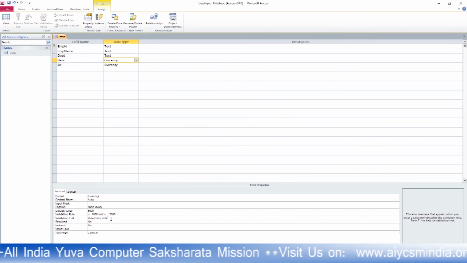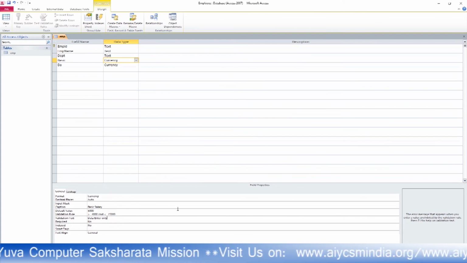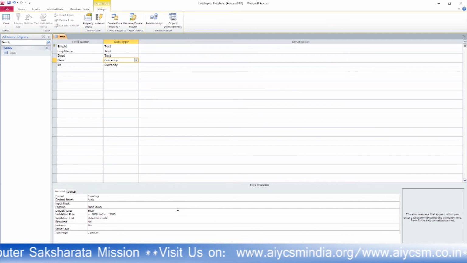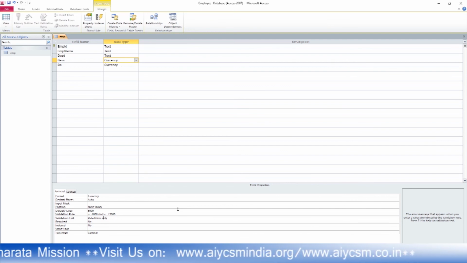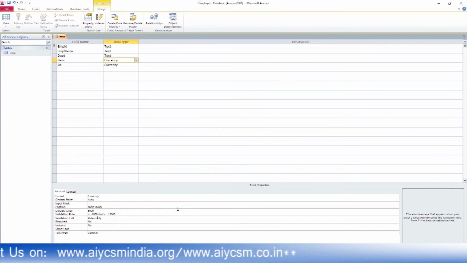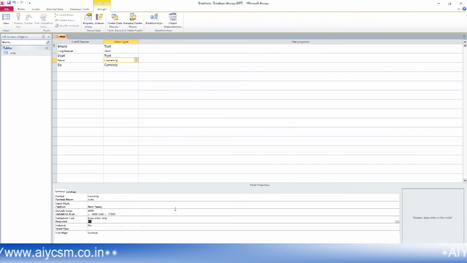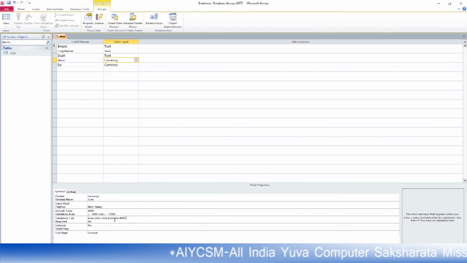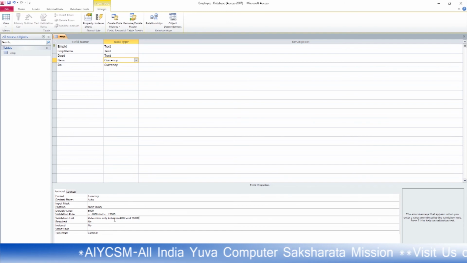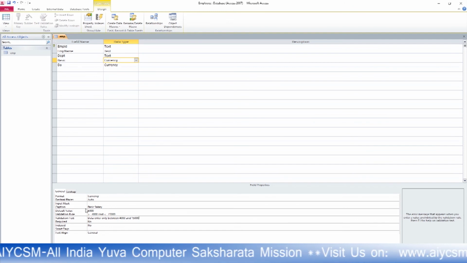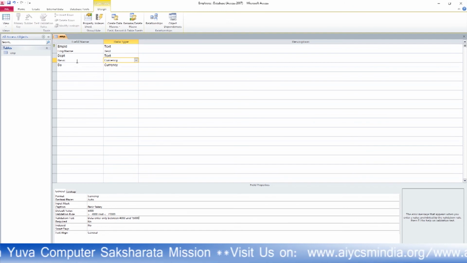And now you are writing the message: data enter only between 4,000 and 15,000. Okay, that's it. You can provide this type of feature in any type of field.